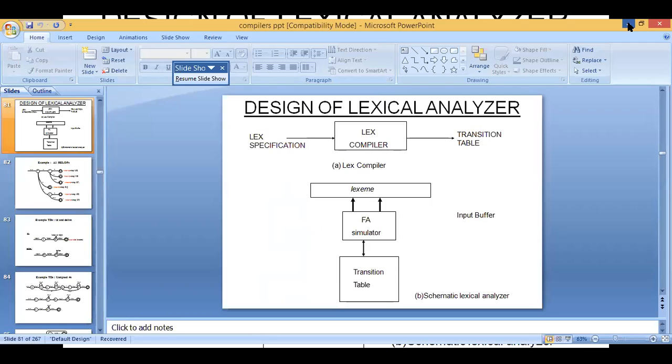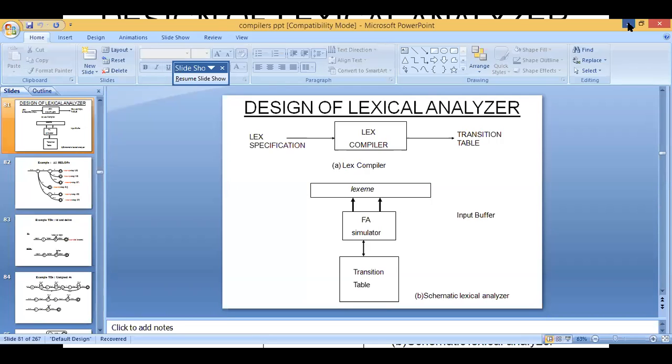That means here we are using the specification in the form of a regular expression, and after performing the compilation by using the lex compiler, finally we are getting the output in the form of a transition table, and this is nothing but the representation of a lex compiler.